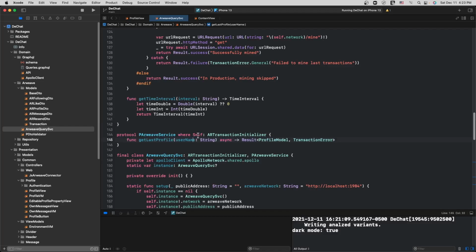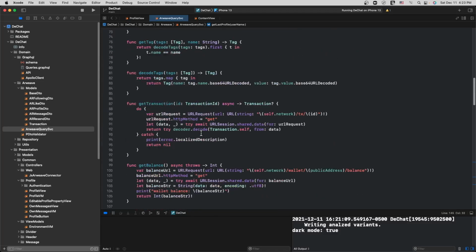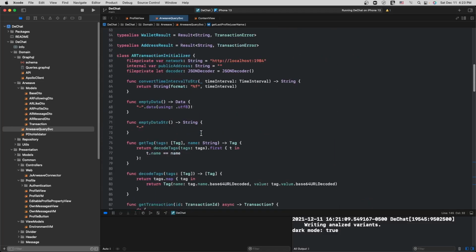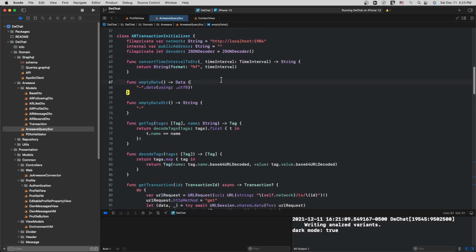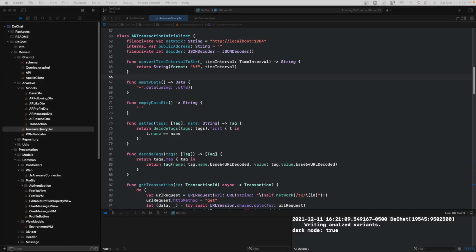So that's what I'm doing. If you look at some of these calls, if we start from the top, we have the base URL, the network that I'm going to. In this case, I'm running it locally on a test server.